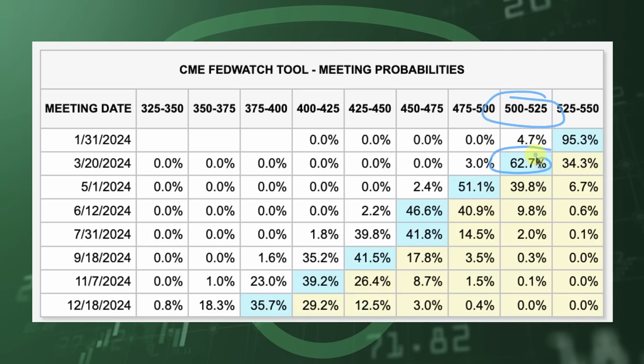However, depending on what the report says, there may be adjustments. So if perhaps the market sees the report and says, you know what, actually, there's no reason for the Fed to cut rates, and this all of a sudden starts to turn blue up here, or this drops down to 40, 30, whatever the case is, and you get a higher probability in this area. It could be the complete opposite. We could potentially see this increase, really slating in that the federal funds will be cut